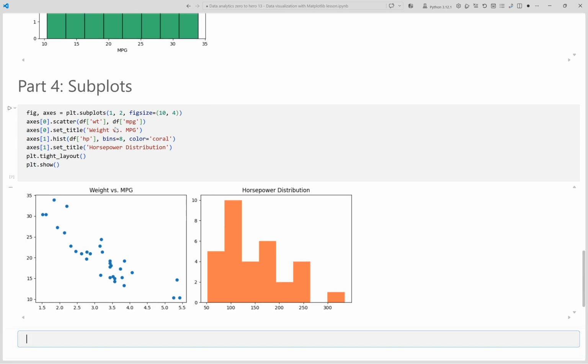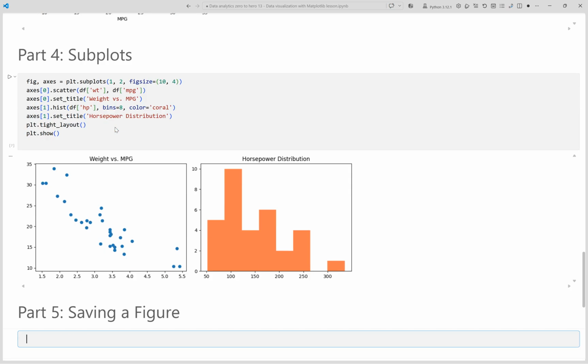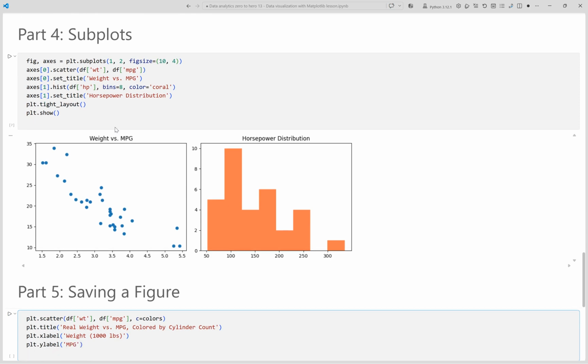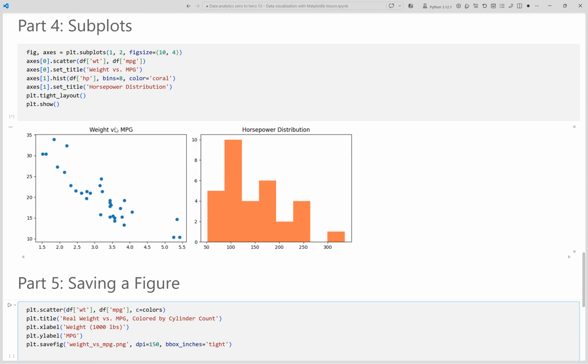Savefig writes the current figure straight to an image file, ready to drop into a report or a slide deck. Part 5, Saving a figure. Running the cell now. Rebuilding the colored real scatter plot from Part 2. The same title. The same X label. The same Y label. Savefig writes it to a real PNG file, dpi controls resolution, and bbox_inches equals tight trims